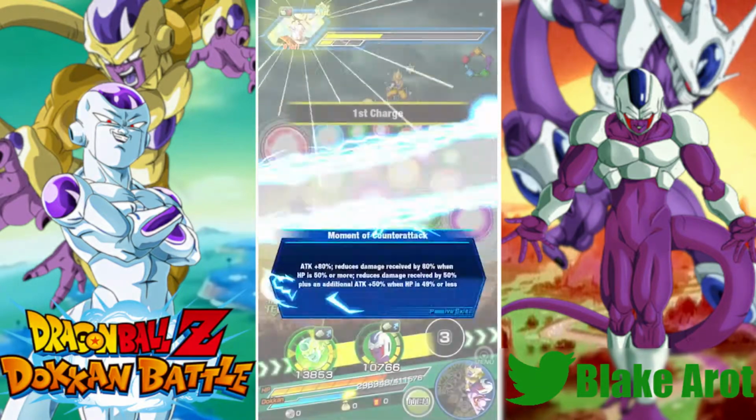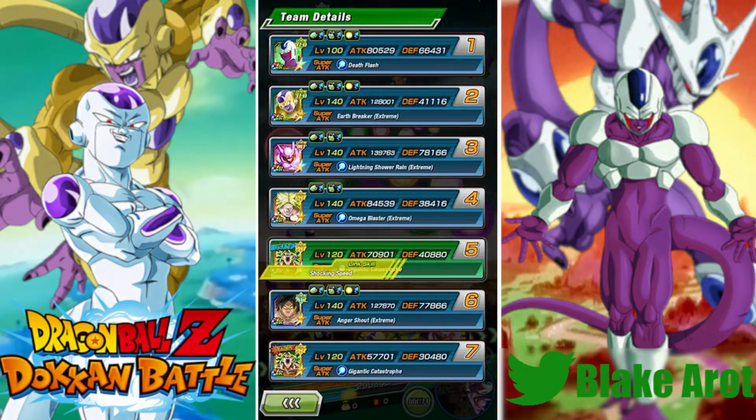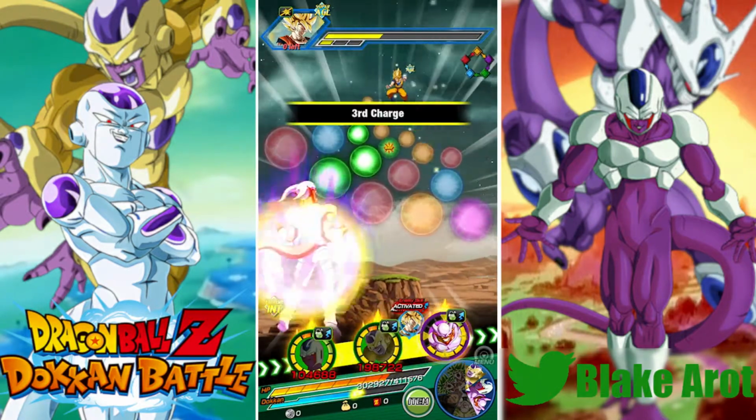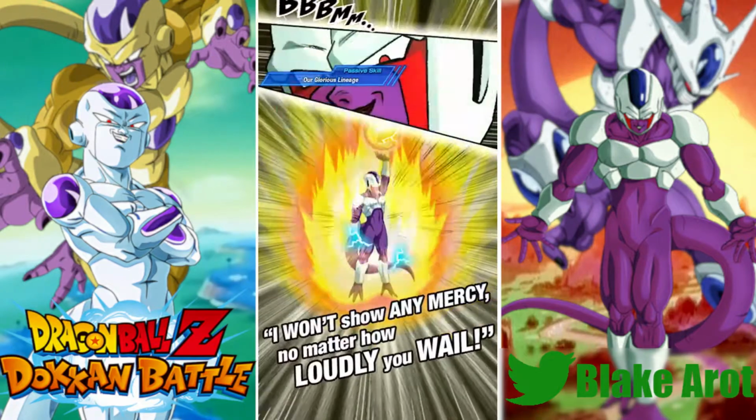Now, another thing is, because we're running this Cooler on rotation, let's check his defense here, actually. 66k, that is fine. But because we're running him on rotation, we're actually probably going to be moving through this event very, very slow. So there is going to be a lot more cutting in this than there was in, like,